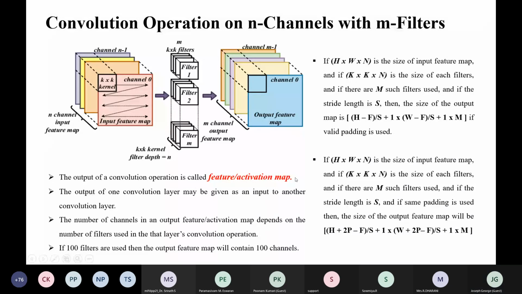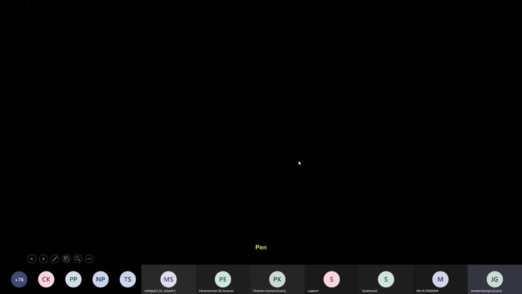Suppose our input is M cross N, the number of channels is C, we are using one filter, and the size of the filter is F cross F, and the depth of the filter is C. Then the output feature map will have (M minus F) divided by S, plus 1.